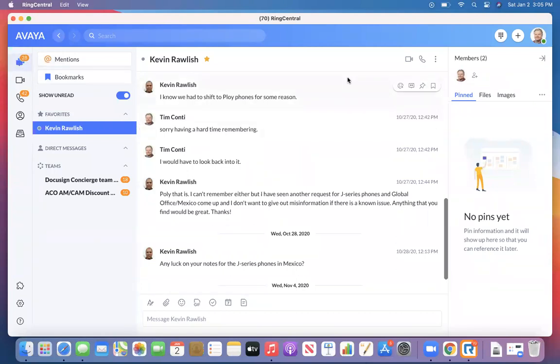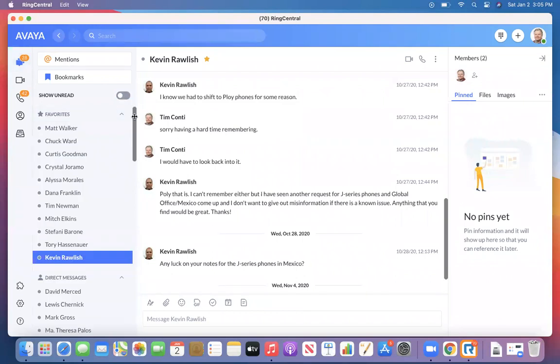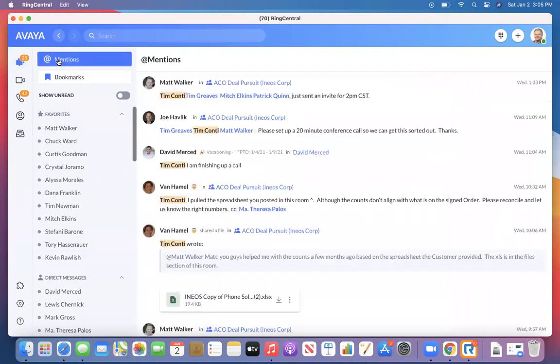Now, I could spend hours demoing this capability, but I'm going to do a shortened version of it. It really is designed to solve a few business challenges. One being it allows you to really cut down on corporate email. By using this messaging capability, you could run your entire business just using this application that's inherent within